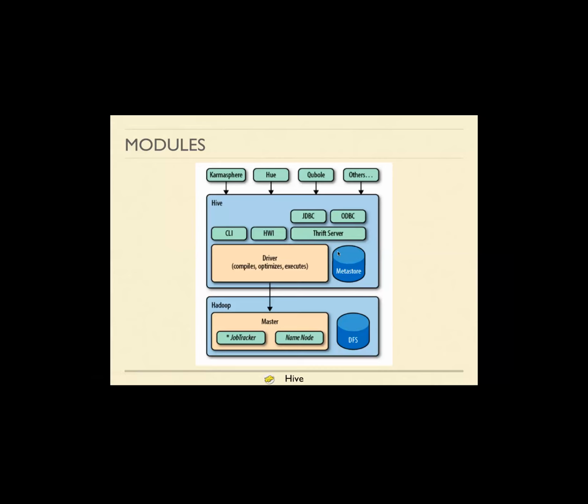Now, how do you interact with Hive? These are the two components that are the heart of Hive. There are many layers on top of Hive. One is CLI, then there is a Hive web interface. CLI means command line interface. Then there is the Thrift server. Thrift server is a way of providing service, and thrift servers can be used via JDBC or ODBC or anything. Thrift server is basically a very nice way of providing the service.